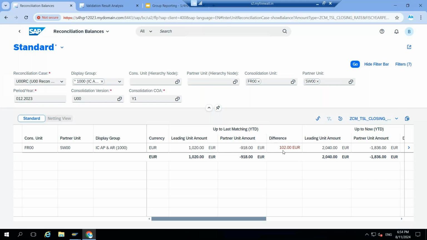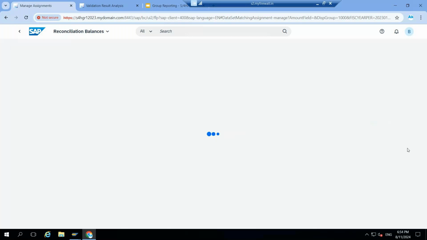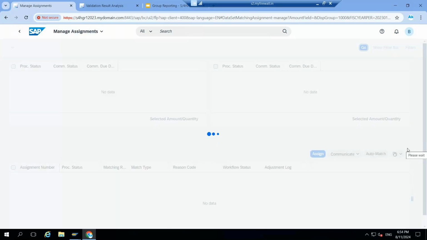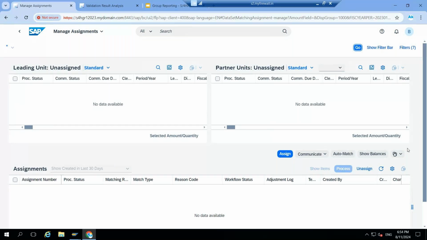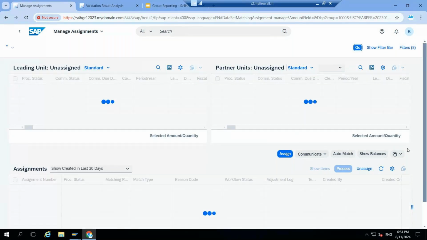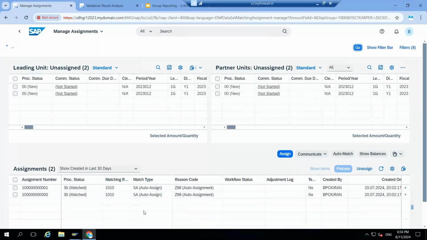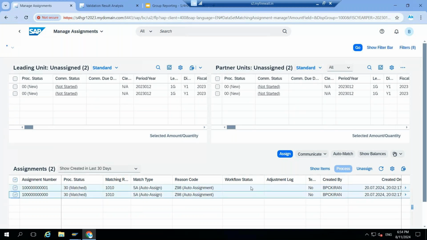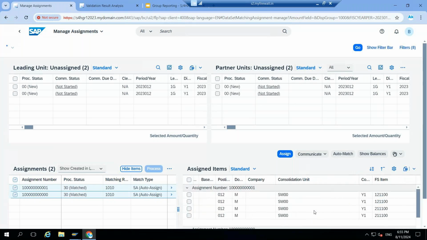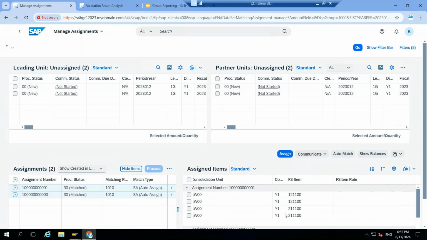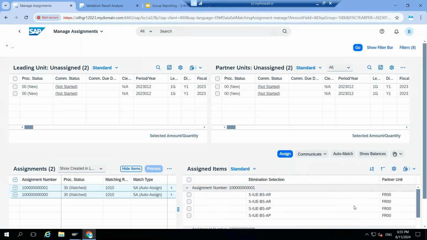what is the difference, and there are some documents and assignments generated in the ICMR DocM table, which is the intercompany matching and reconciliation table. You can check those documents also. So each line item wise, he can check the details here. Now you can see these are the documents, and you can check the show items. So how the numbers are different, right? Each detail wise 121100, which is accounts receivable, and accounts payable,